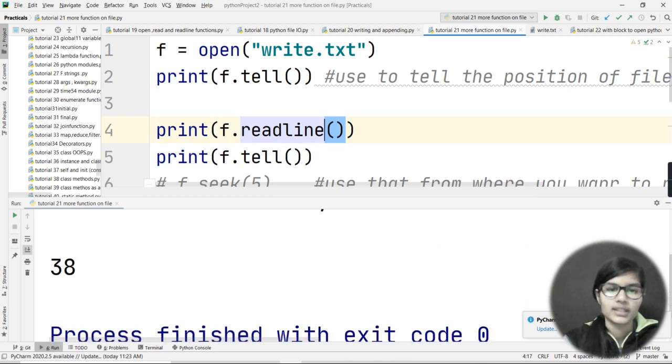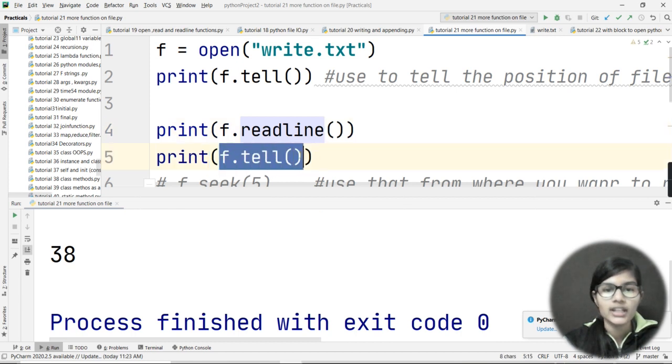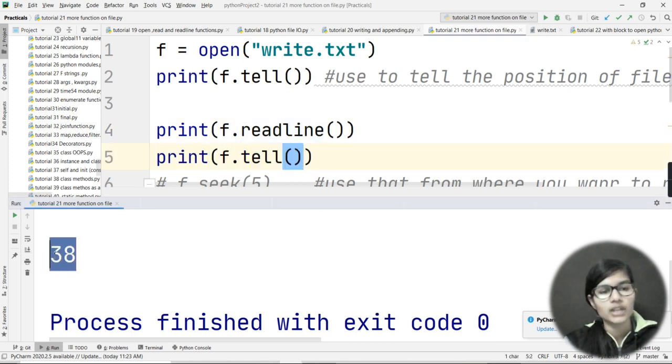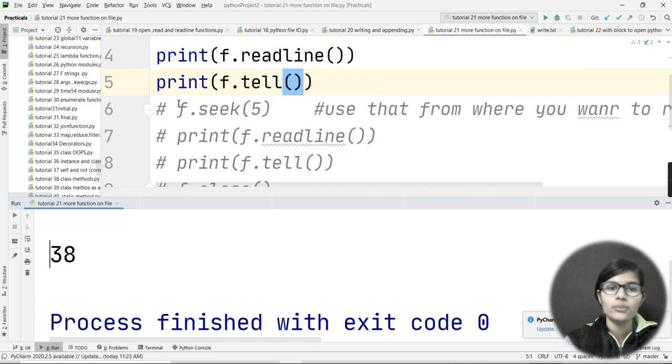Then again when I use the f.tell function, it told me that now the position of the file pointer is 38. So this is how the tell function works. It helps to tell you the position of your file pointer.